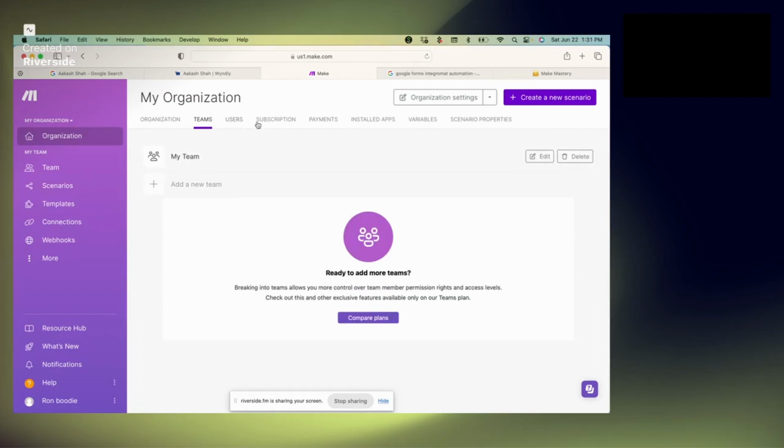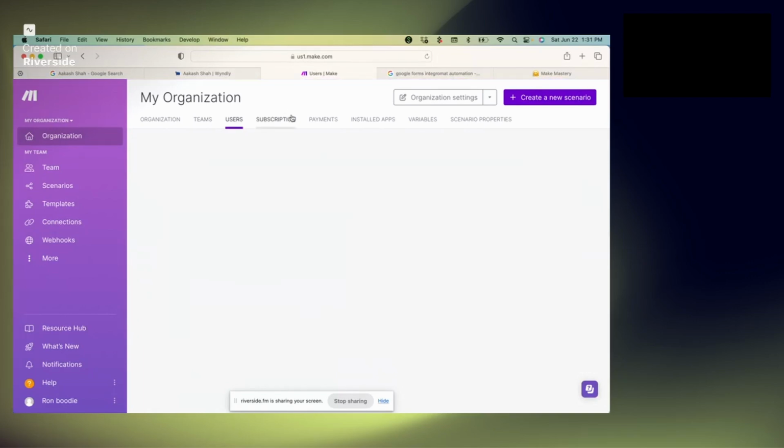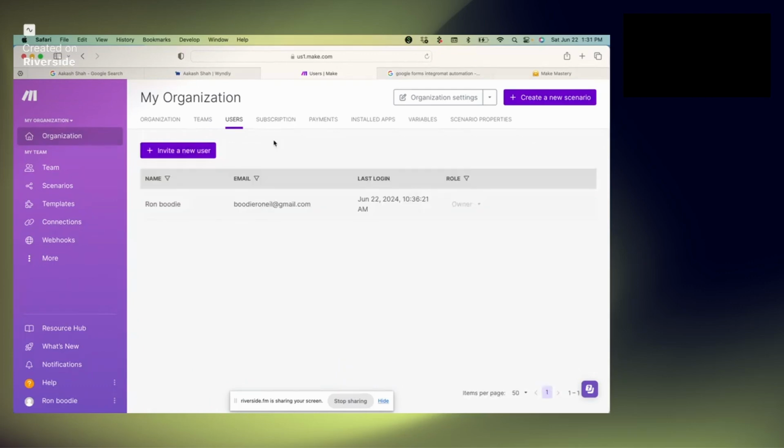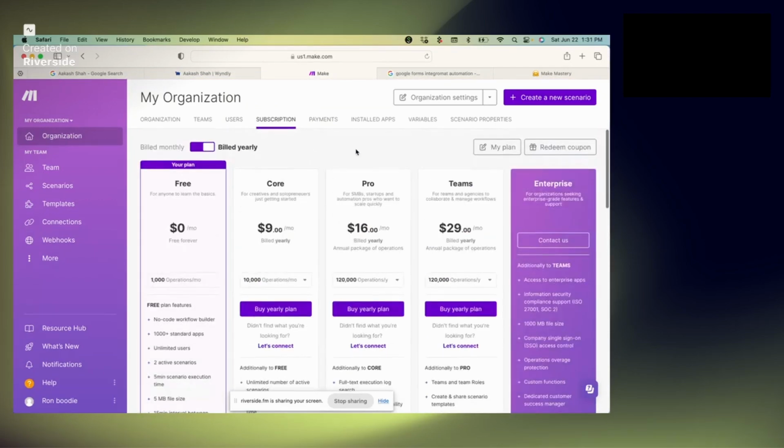You can have your users who have access to the automation. We'll get into it, but you can have invited users to your organization dashboard. This is where you have subscriptions, and obviously I'm on the free one for right now. All these other tabs I haven't checked out yet, but for the most part, I'll just come into